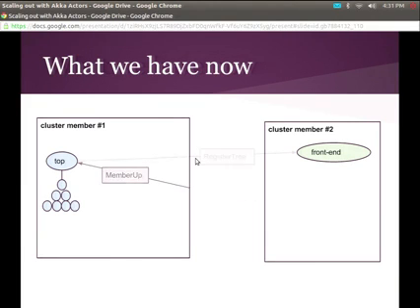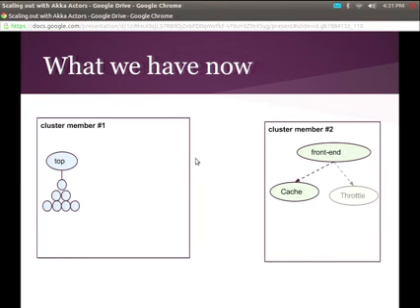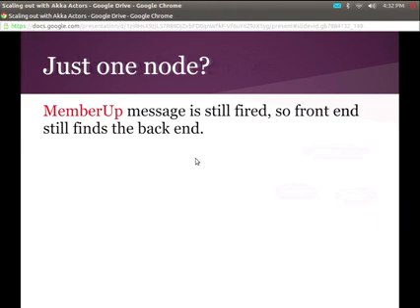come on, animation. Anyway, he sends the register tree to that front end. He looks it up using the address that was part of the cluster aware thing, sends the message, the front end creates the cache and throttle pointing back at top. So messages will flow from the second node back to the first node. Okay, so we've just scaled these guys out. All right, so the member up message just fired, and front end still finds the back end. Oh yeah.